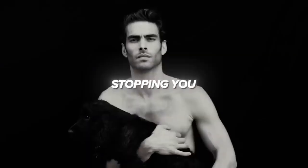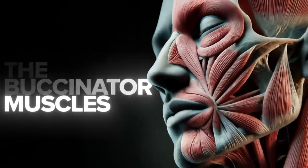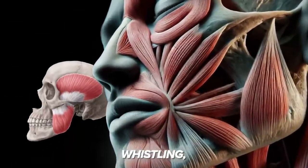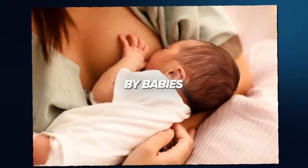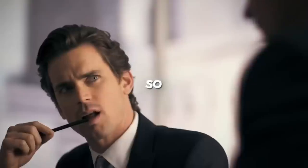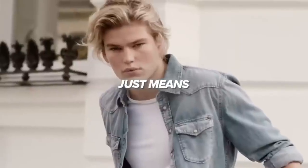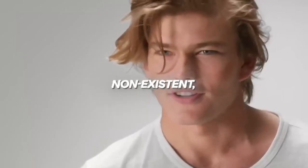The first thing stopping you from having hollow cheeks are the buccinator muscles. These are the cheek muscles which are used for blowing, whistling, or sucking. These muscles are meant to only be used by babies to suck breast milk. But in today's world, we also use them for drinking from straws or inflating balloons. So the first step to reach buccinator atrophy, which just means shrinking your buccinators until they are almost non-existent, is